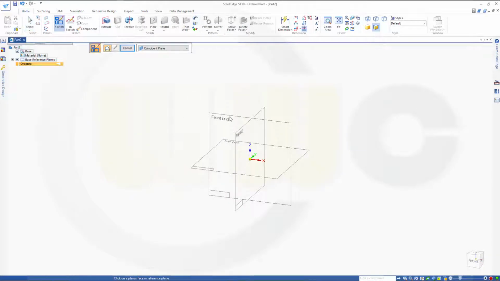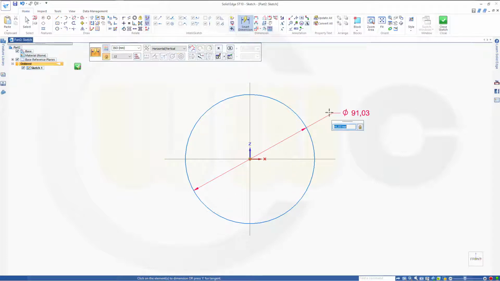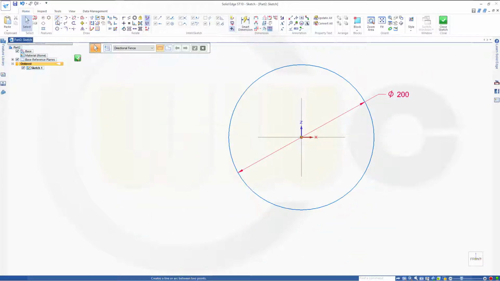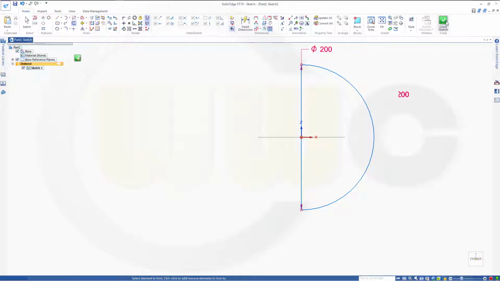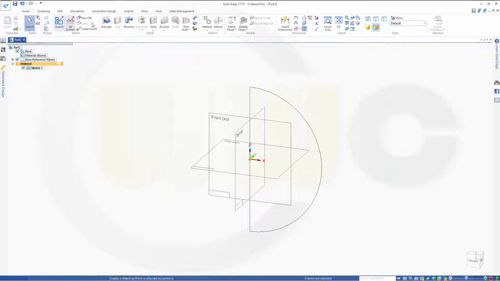Okay, let's start with a sketch on the front plane. I need a circle. Diameter should be 200. I need a line because I want to trim. This should be away. Close that sketch, make a revolve, finish, cancel this out, make a revolve with that sketch